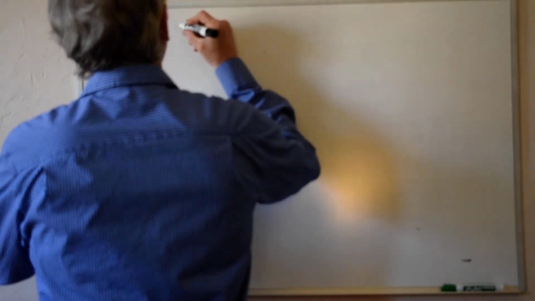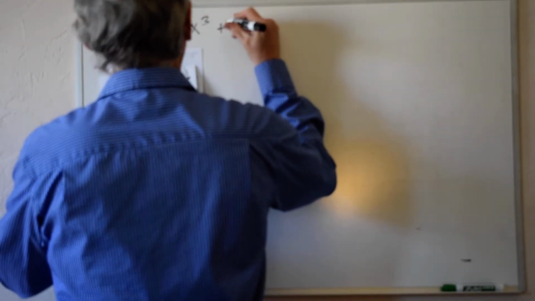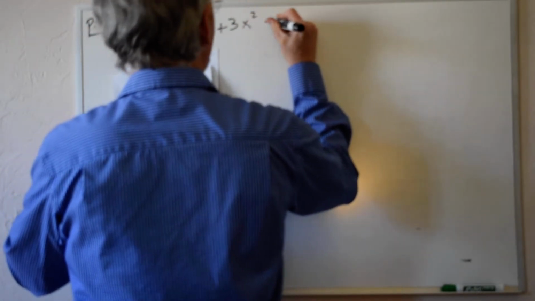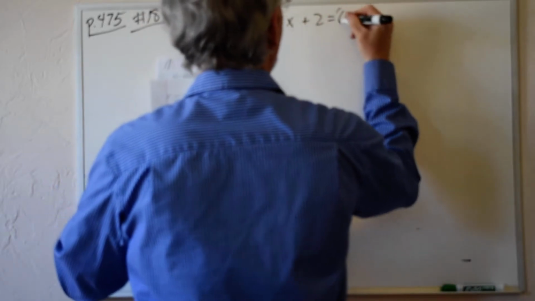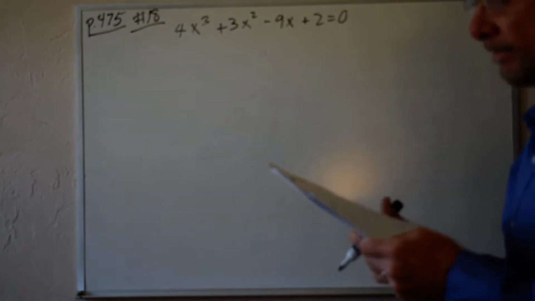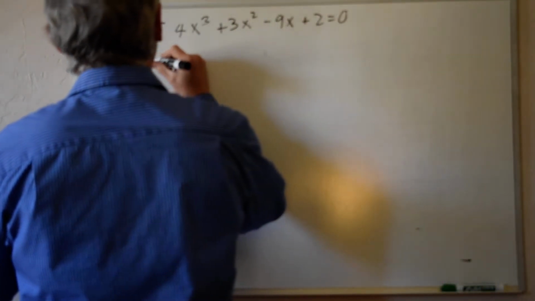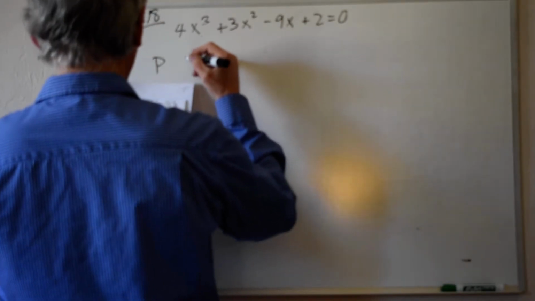Let's see where that problem is in my notes. Here it is. Problem 18 has you working on this polynomial equation. It's a polynomial that's set equal to something. We see that